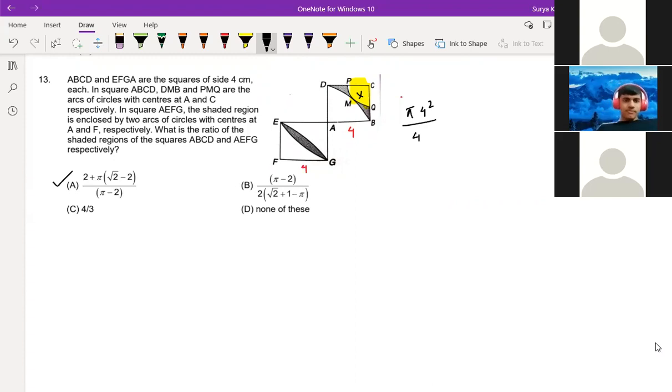Okay, Samarth, I'll check this question from my side, because they have not given this side of this one. Then we can't find the area. Sir, what if we take that as 2? If we take 2 cm, PC equals CQ equals 2, then what will be the answer?